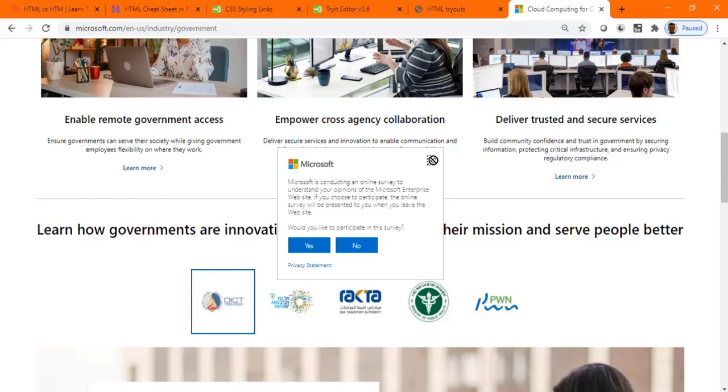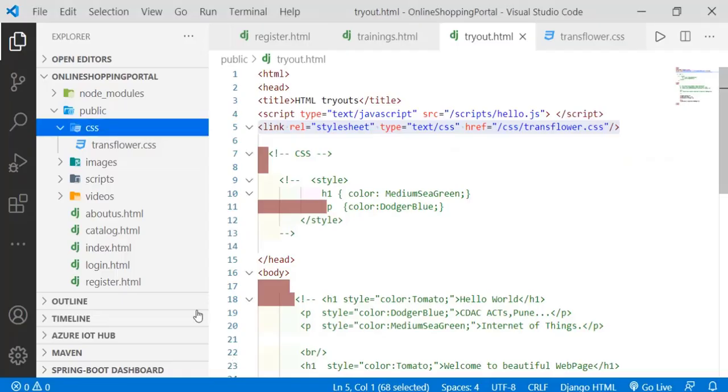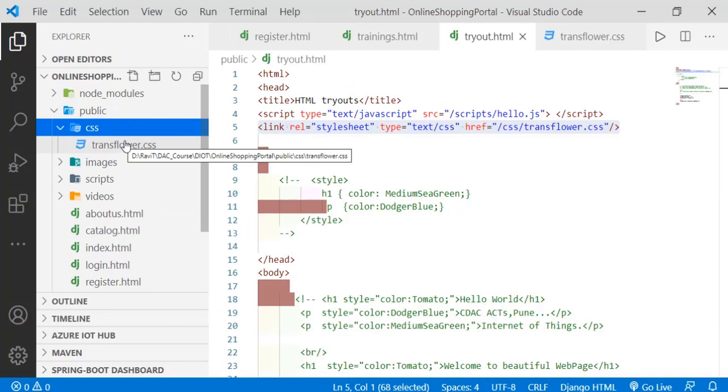So how would they have implemented this? Now this Microsoft.com site might contain more than thousands of pages, and across those thousands of pages, we want to see the same consistency applied. So what will Microsoft do? I think Microsoft will write standard CSS files for their website, and they will link them in every HTML file.